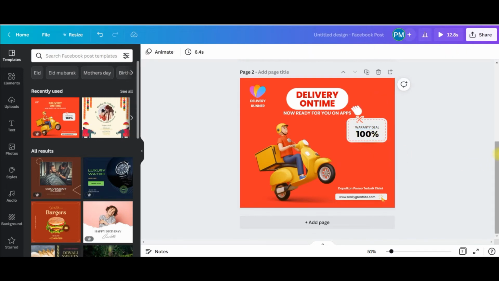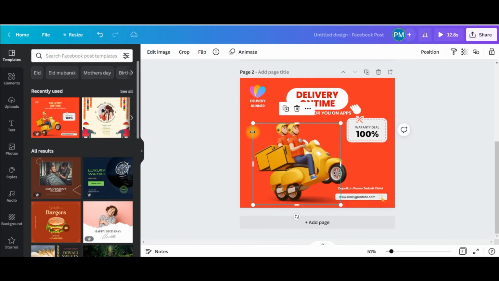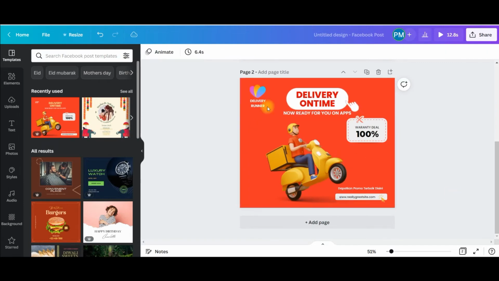Then I will click this and duplicate it by Control D, shift it a little bit forward, and then select the back one and delete it, right? And in the timer section I will make it 0.2 seconds for each slide. You see this is not changing, so you just need to make it 0.2 seconds.